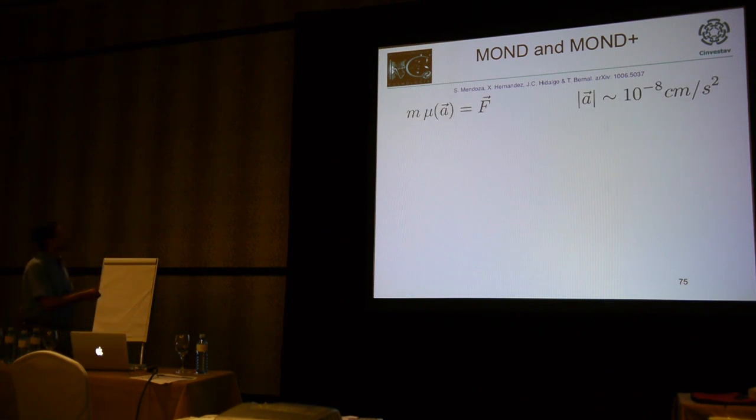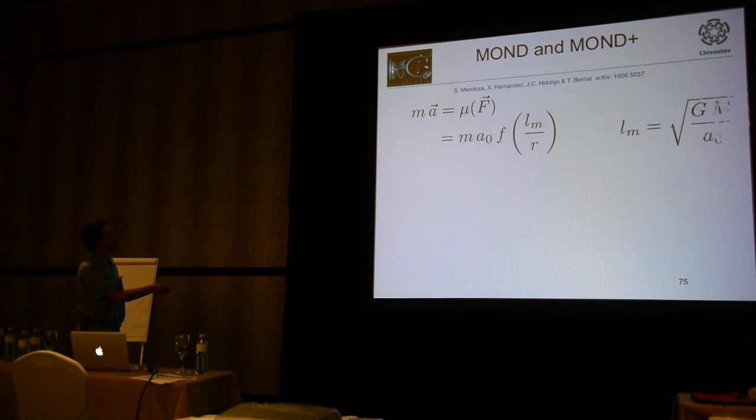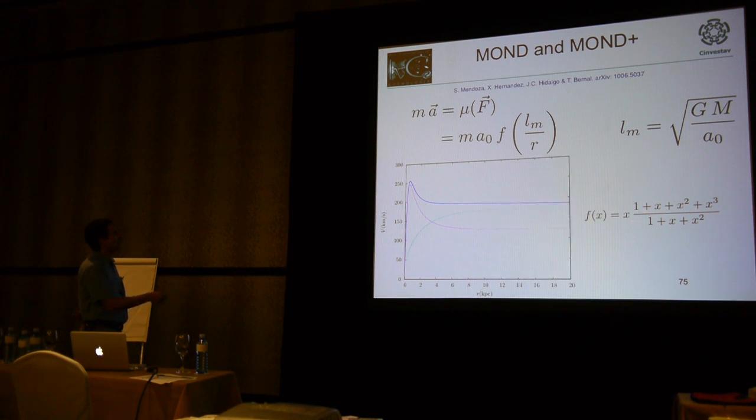What happened? This group came to the rescue. What happened is, instead of having a density that is a function of the acceleration, we have a function of the force. And in that case, the force depends on the radius, and therefore this is a function of the scale. What happens then if you propose a function of the scale? These guys claim that with this function they can recover the